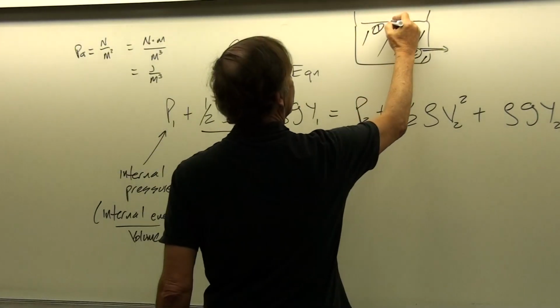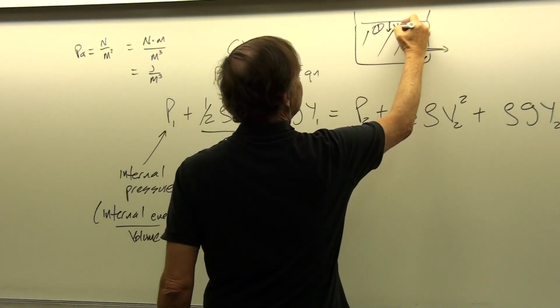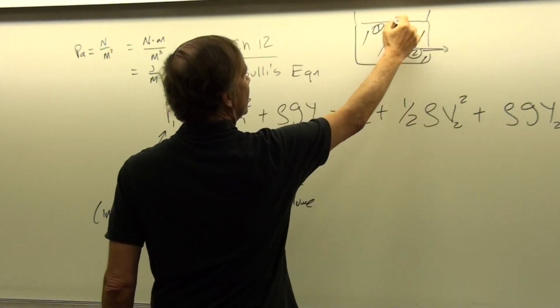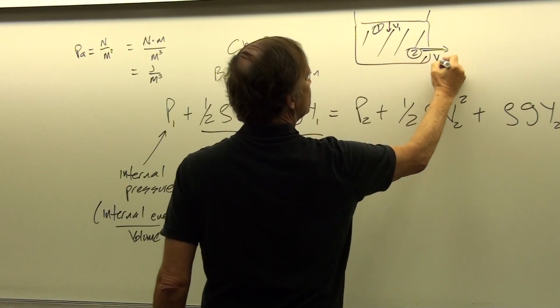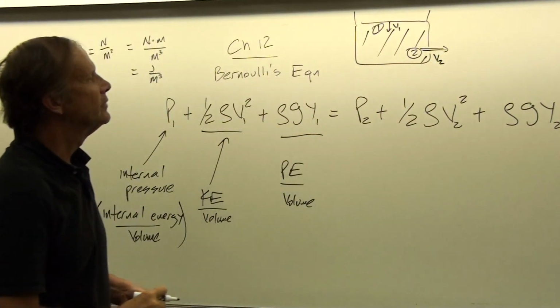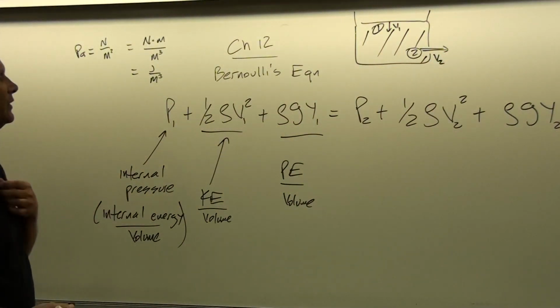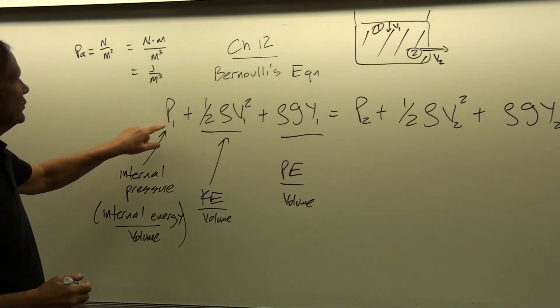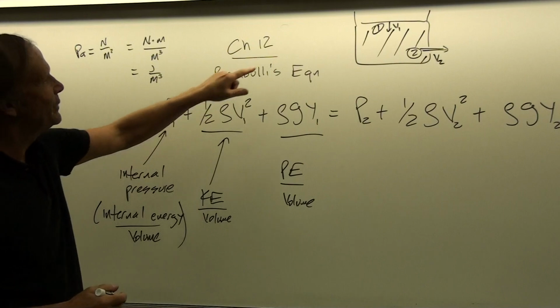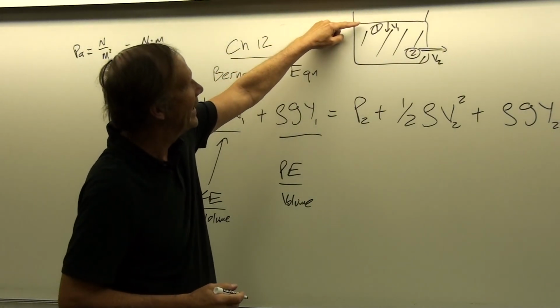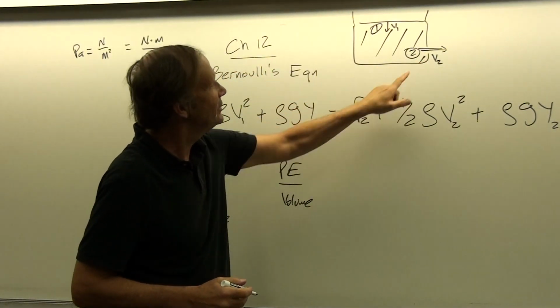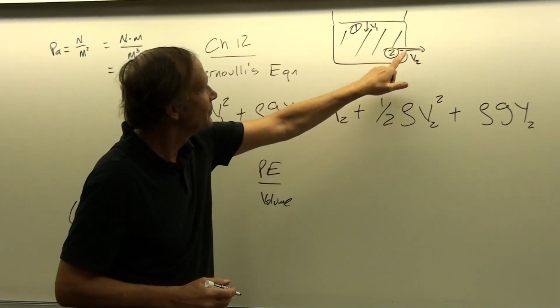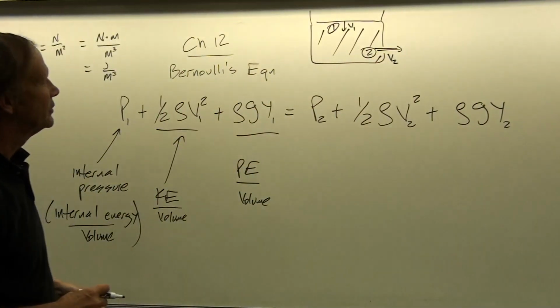Say this were a bathtub, then this might be the velocity of fluid flow at the upper surface, and this might be the velocity of fluid flow out the drain. Okay, so that would be like your P1 and your P2. And so here, in this case, that would be the pressure that's being exerted by the atmosphere here, and then P2 would be the pressure of the atmosphere exerted out here, which would cancel.